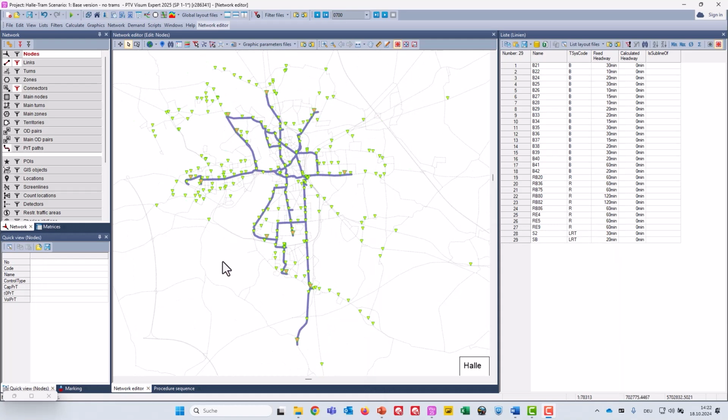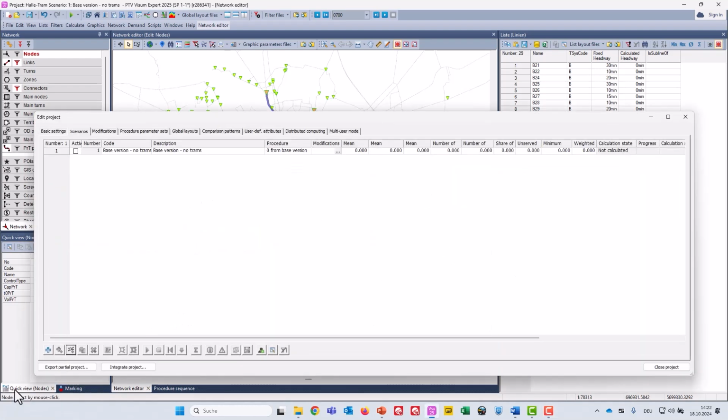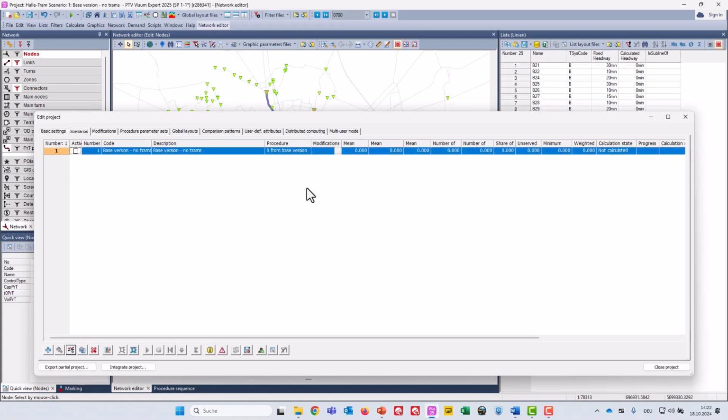So we have infrastructure, we have demand, and we have surrounding public transport, but we do not yet have any information on vehicles or capacities, because this is part of the procedure parameters. So let's take a look at these. To do so, we reopen the scenario management dialog, mark the scenario that we want to work on, and here there's a new icon which says construct lines in the network of the selected scenario. We open this